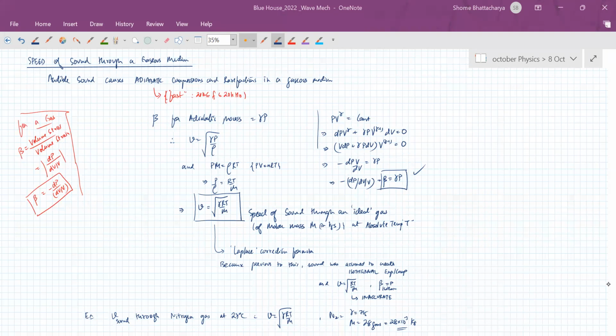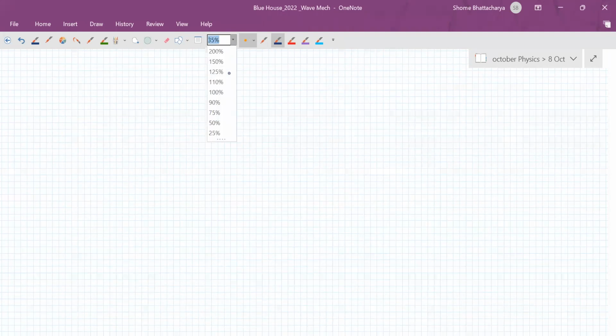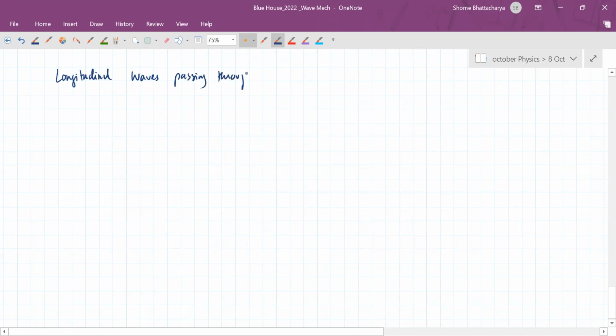Okay, now let's move to the next part now. Let's understand how sound waves, or longitudinal waves, passing through a medium